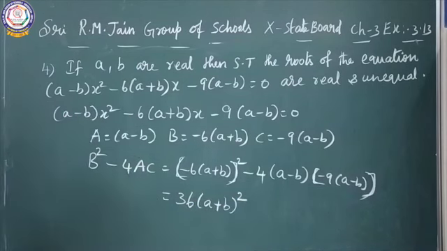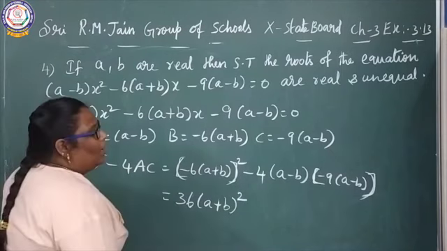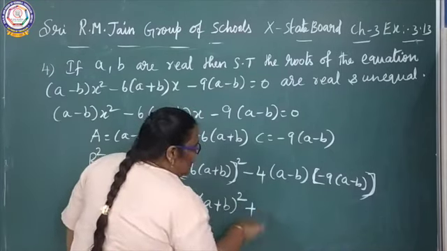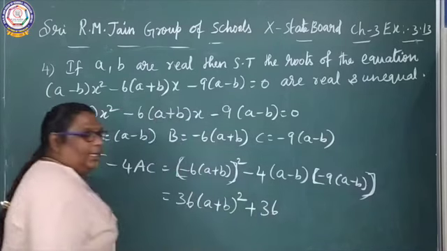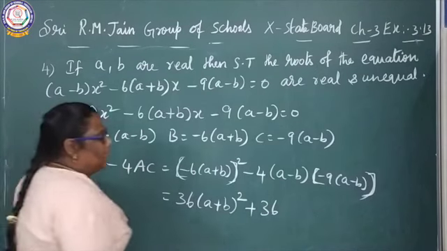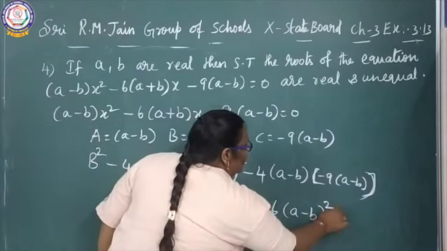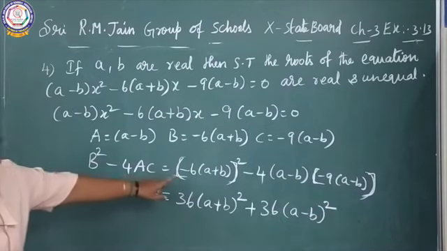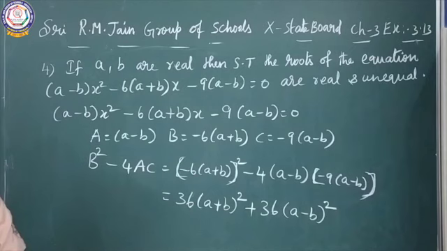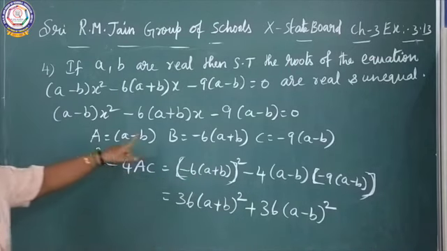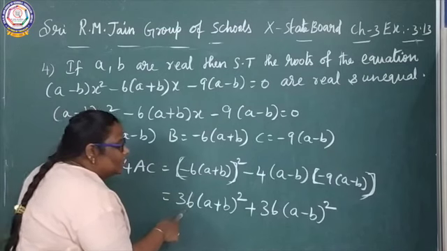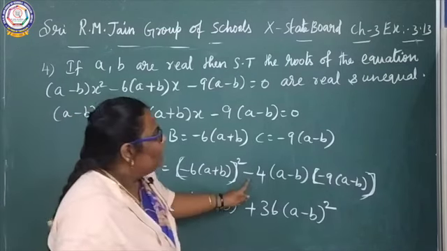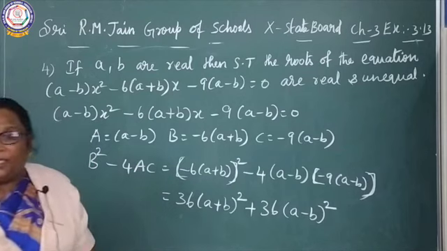b square is 36 (a plus b) the whole square, minus 4 into minus 9, plus 9 fours are 36. 9 fours are 36. Then (a minus b) the whole square. See, b square is minus 6 (a plus b) the whole square, minus 4ac. The a value is a minus b and the c value is minus 9 into (a minus b). So see here, 36 (a plus b) the whole square and minus 4 into 9, plus 36 (a minus b)